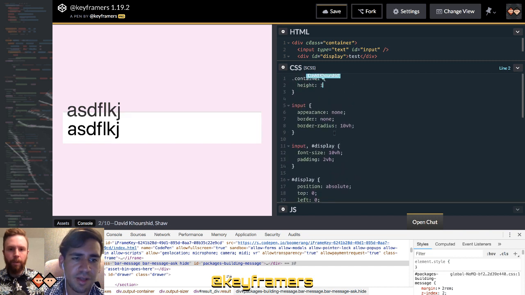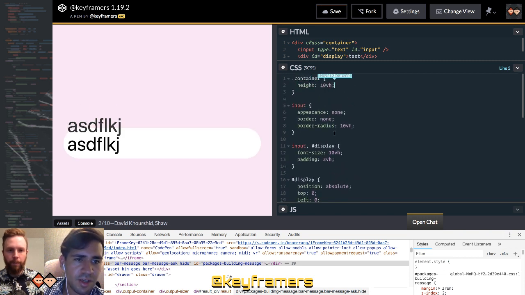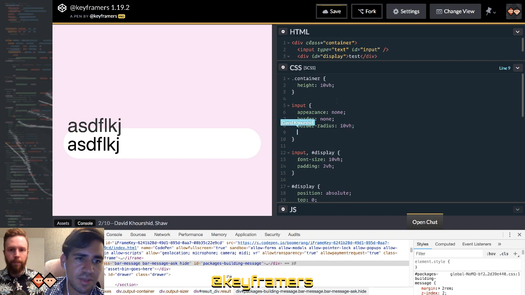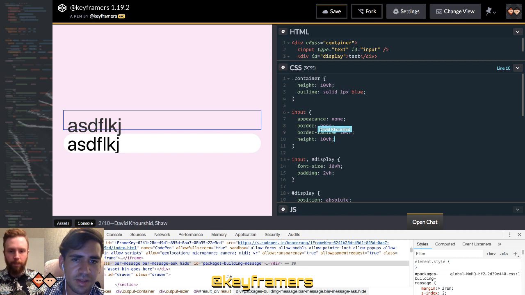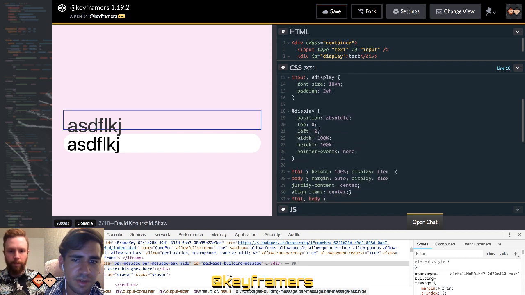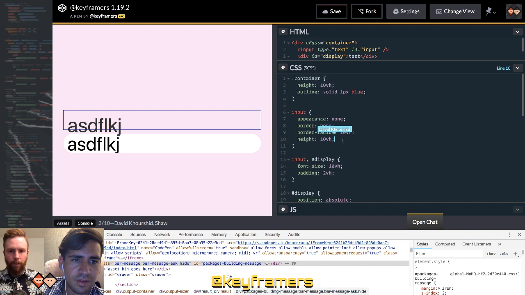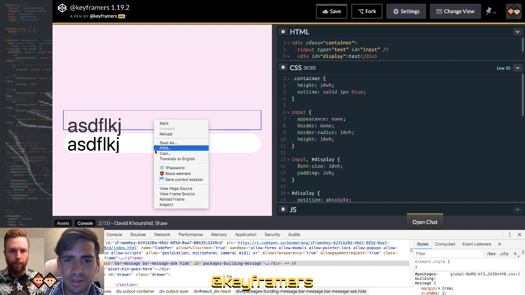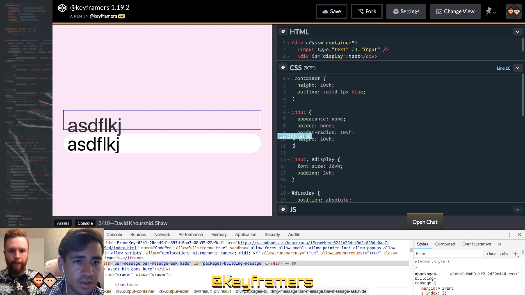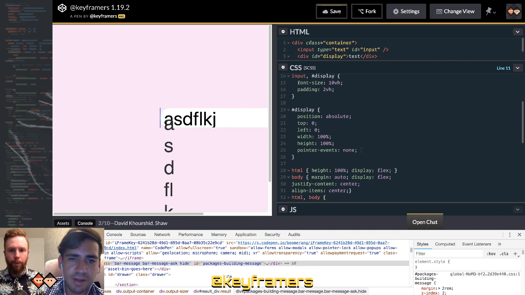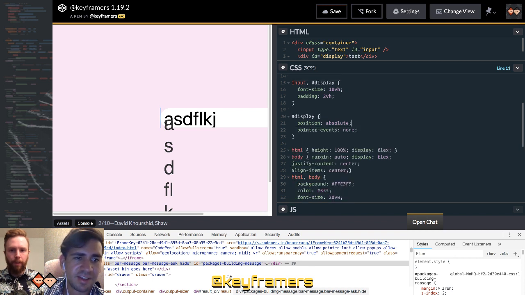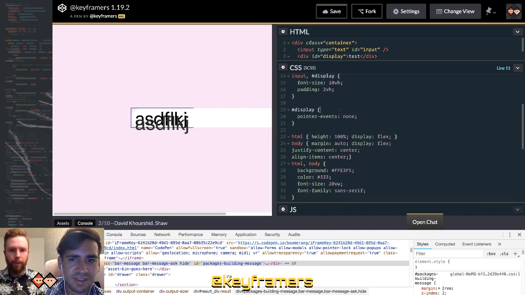We're going to make the container height 10 VH, and the input is going to be height 10 VH too, and it has no other choice. I don't know what's happening there. All right. And so the input, let's position that absolute too. There has to be a better way of doing this. It's a pattern that we see so often. Yes. So let's just do that and that.